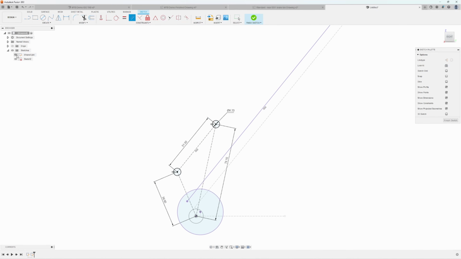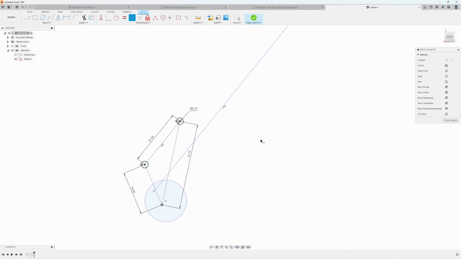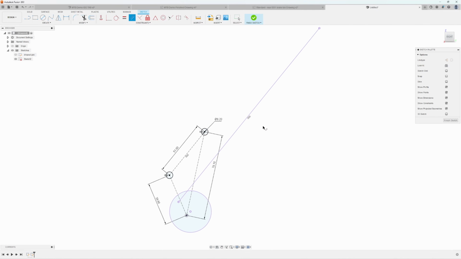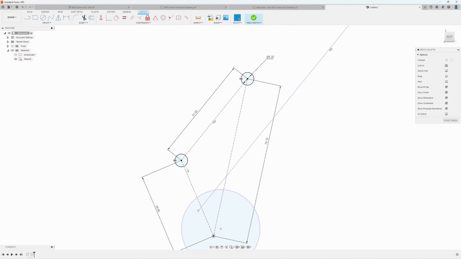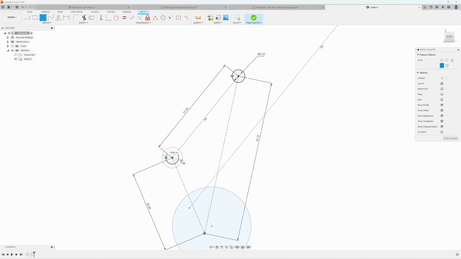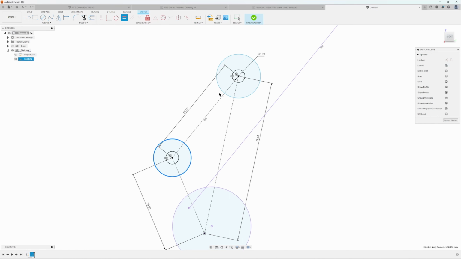Actually, I can go over to the menu on the left, and I'm going to hide the dropout geo, so it's a little easier to see. And now you see this is the functional geometry that we need to draw the tab around. All right, so let's just do that. Create a circle, set them equal, create a line across,